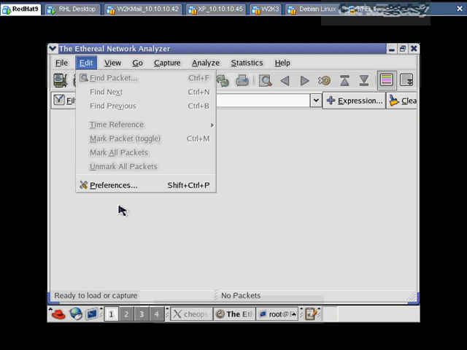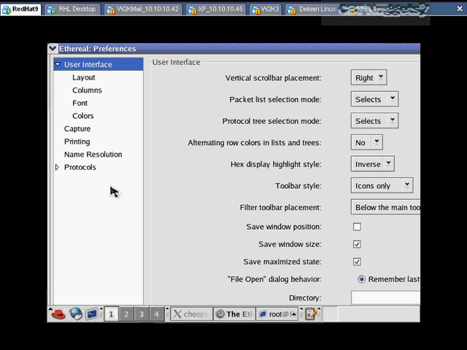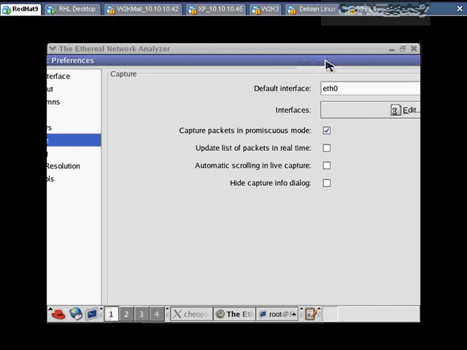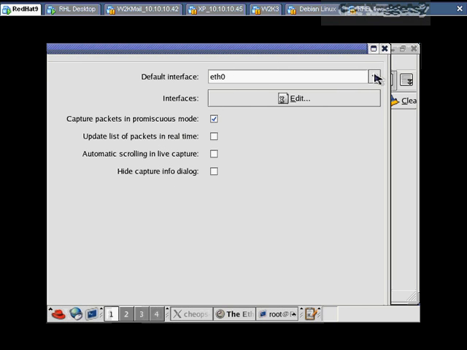So in any case, I'm going to go to Edit here and Preferences. This will be a permanent selection of my network interface. Otherwise, I could just go to Capture on the menu up there and choose one for only this session. In any case, I'll go ahead and select one right here, and identify which one I need to use. So under the Capture item, and we don't have much screen space to work with here, we've got my Ethernet 0